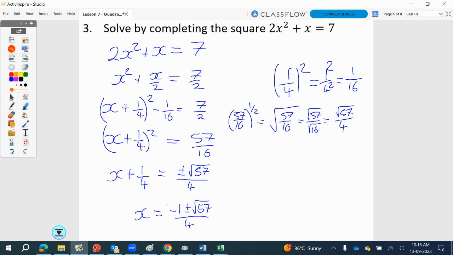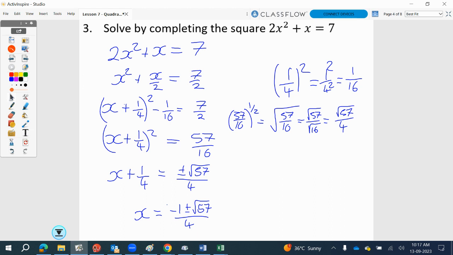I've got a quarter here. I have to subtract a quarter from both sides. And they have the same denominator. So it's minus 1/4. So that number at the front is minus 1/4, and this is plus minus root 57